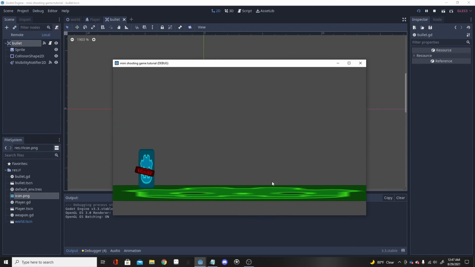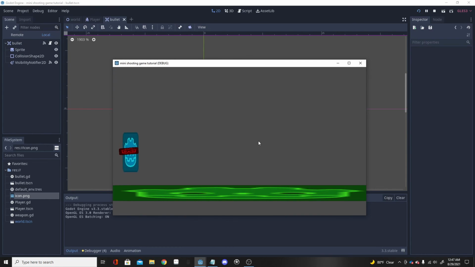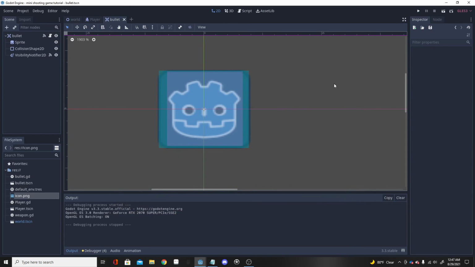But I say this part was probably the coolest part, just because you do now have your own shooting device, and you can go play around with like the speed of the bullet and how fast you can shoot it. So